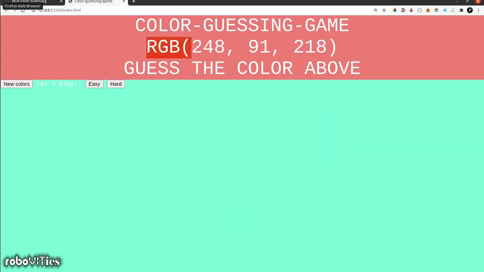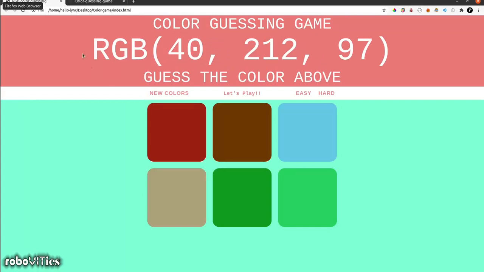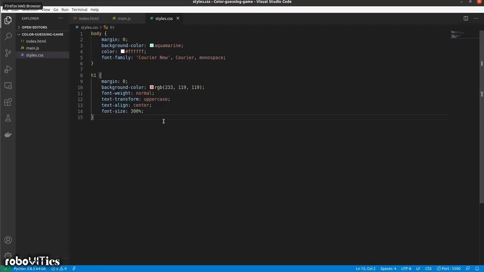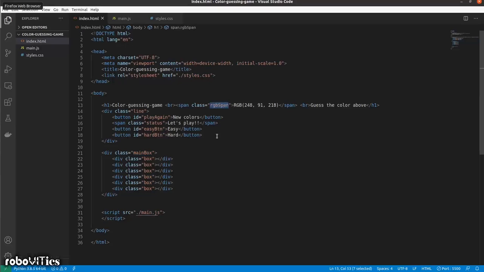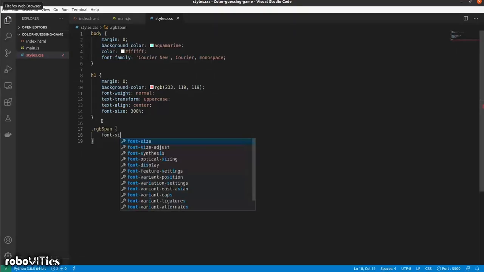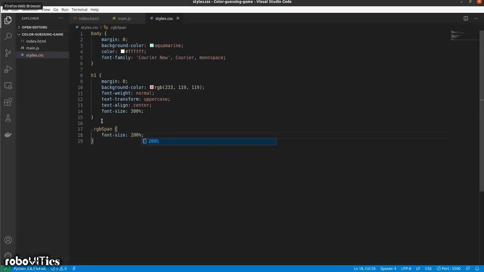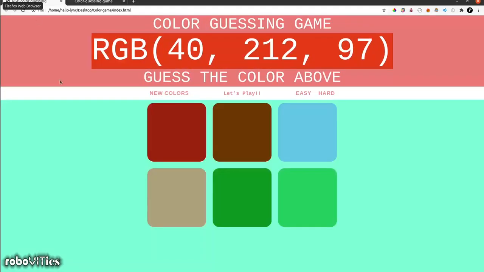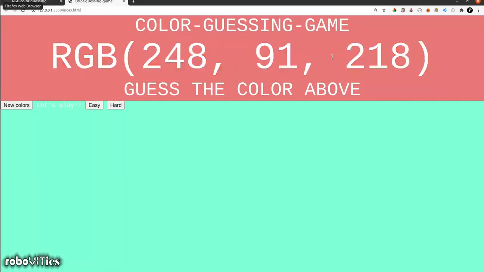So you might be wondering if we can increase the size of this RGB value to this much. Well, yes you can, and to do that we'll target that specific span that we had created previously in index.html using this class RGB span. So in styles.css I go and target this RGB span. Over here I give it a font size of say 200%, and because it's already saved, I get this value as big as I wanted it to be. This might be a lot too big. You can decrease the size according to your wish.